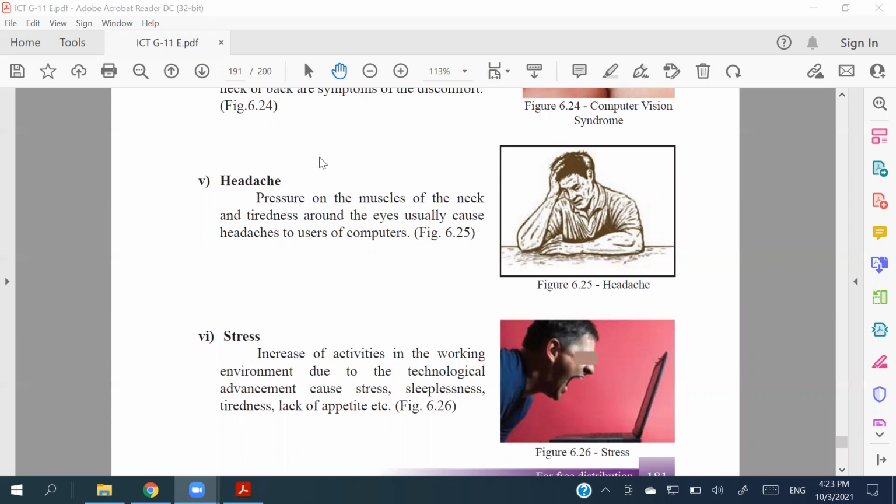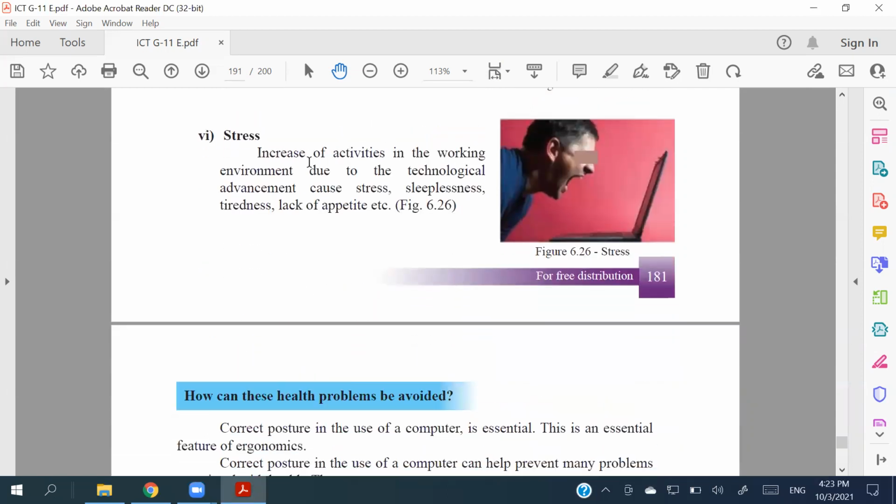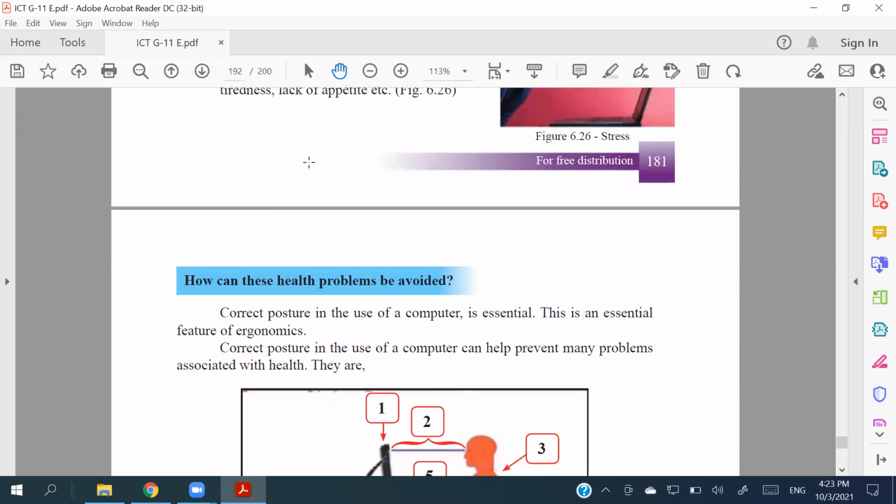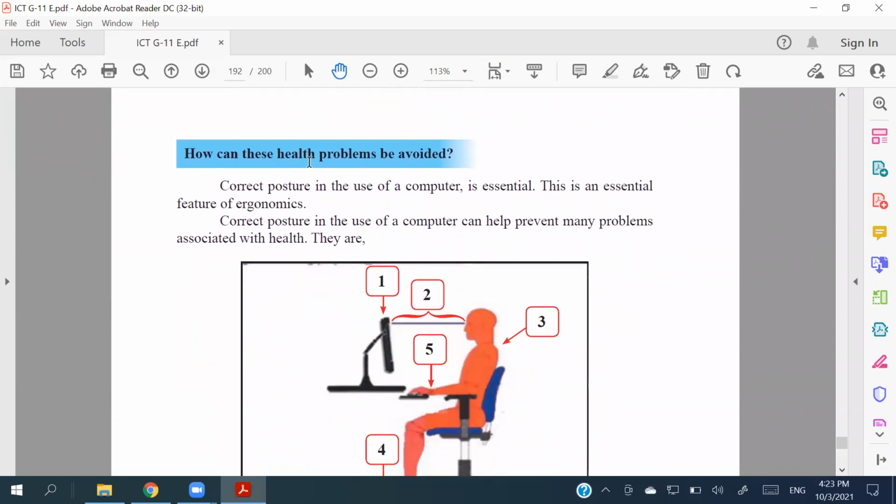Yes, Vinod, it is mostly due to the blue lights, right? That is why we are told not to use a phone sitting in the dark, right? That is why mobile phones now have a night mode that they have introduced, a small appearance change to a brownish tint, to reduce this blue light problem, right? So how can we avoid these things? We can avoid it using the correct posture, right?